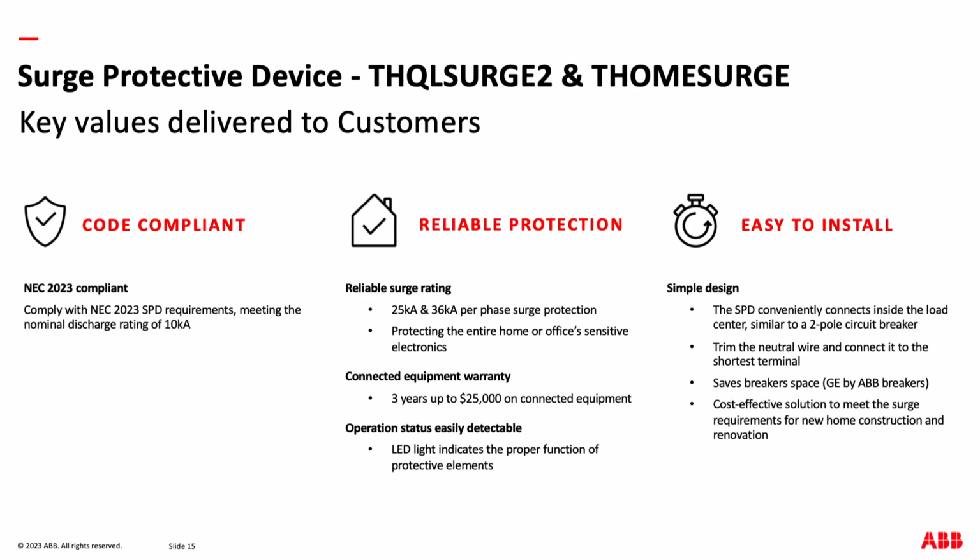Code compliance is something that's really important with our surge protective devices. Both of our products meet 2023 NEC. That's not something all of our competitors can say. So make sure you're checking what you're using today to ensure it meets 2023 NEC requirements of the 10 kA nominal discharge rating. If you are unsure, you can be sure with ABB's product that we are going to meet that